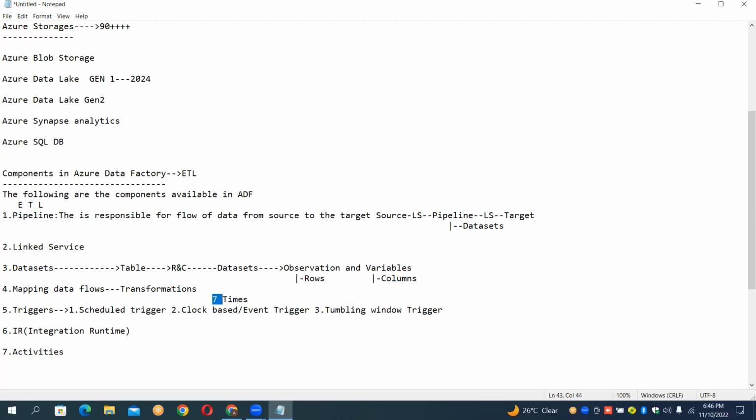So what is the event here? The event is the 31st. If it were the end of the month, it would run every month. But I want to run this on the 31st of every month, and as not every month has a 31st, it will run 7 times in a year. This is called an event-based trigger. On a particular event, this will run.